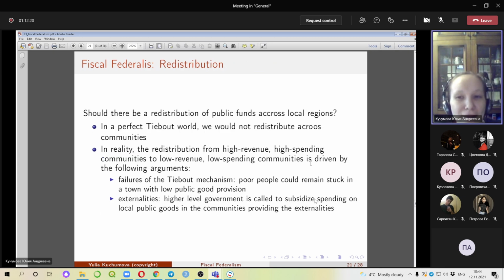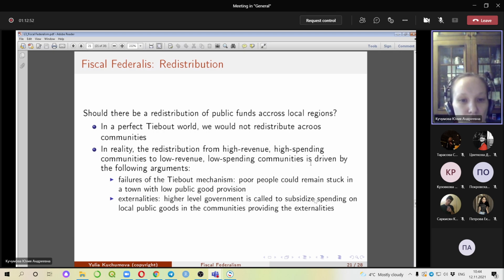But as always, we should question: should there be a redistribution of public funds across local regions? And this is indeed a question, because in a pure Tiebout world, we would not redistribute across communities. So recall the Tiebout world and think about that. However, in reality, there is redistribution from high revenue, high spending communities to low revenue, low spending communities, driven by the